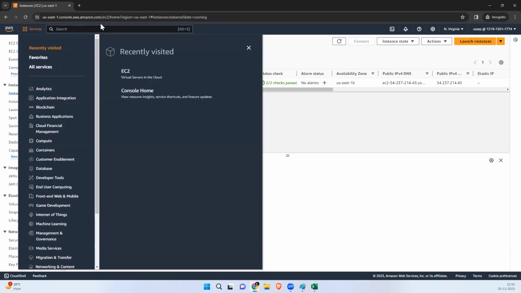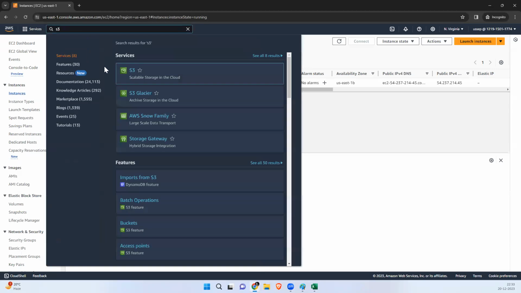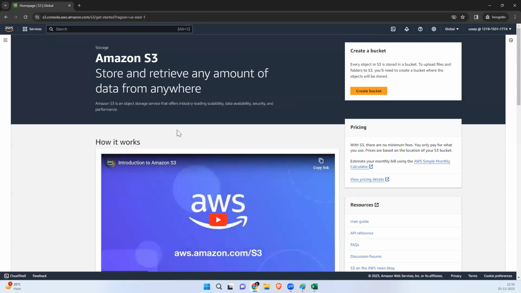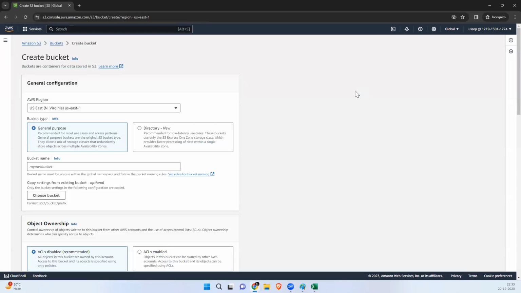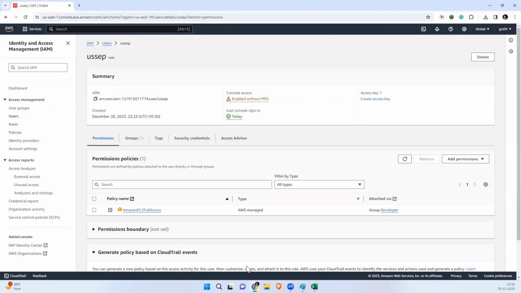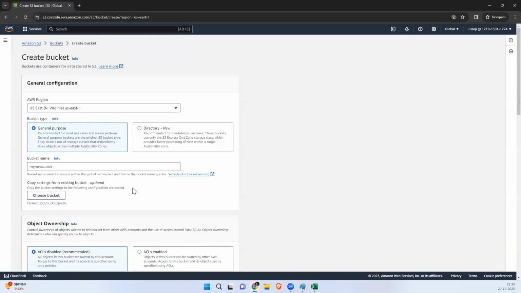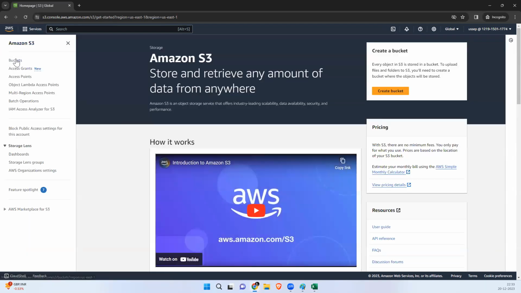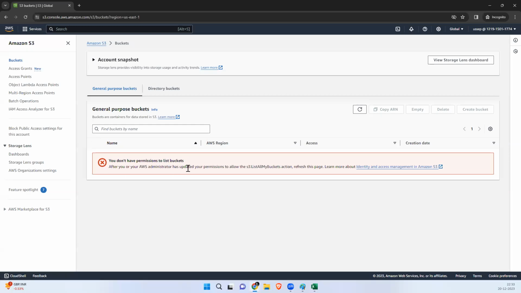Now I'm trying to access the S3 bucket. What will it show? Which access did we provide? EC2 full access. You see, when we try to access S3, you don't have permission to list the buckets.